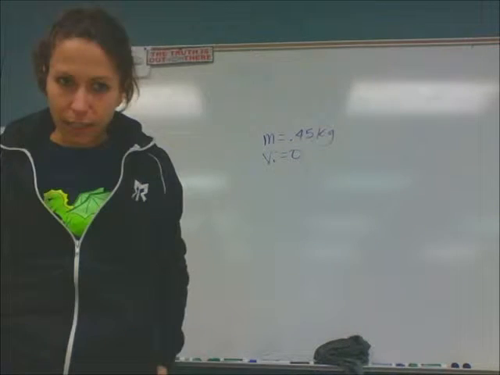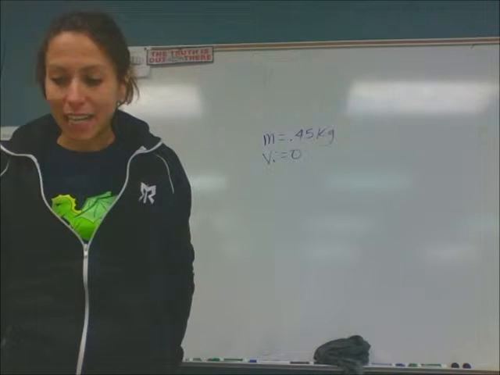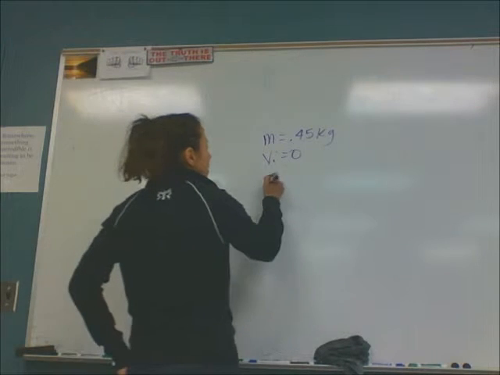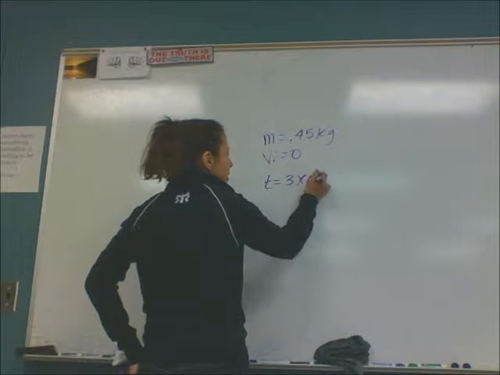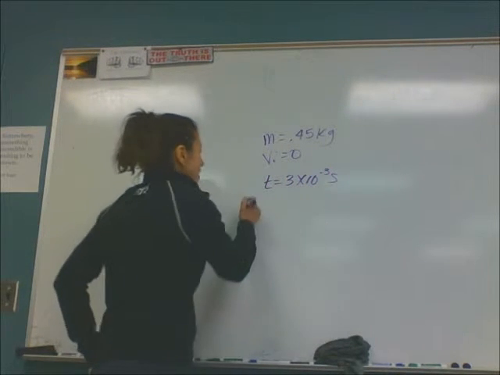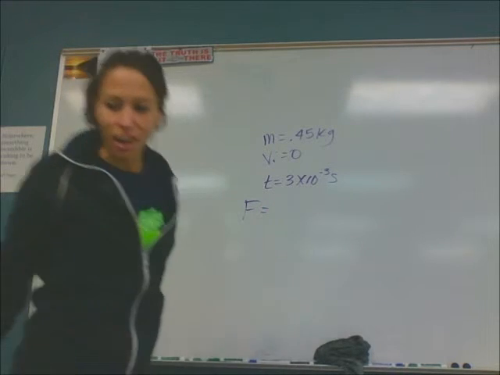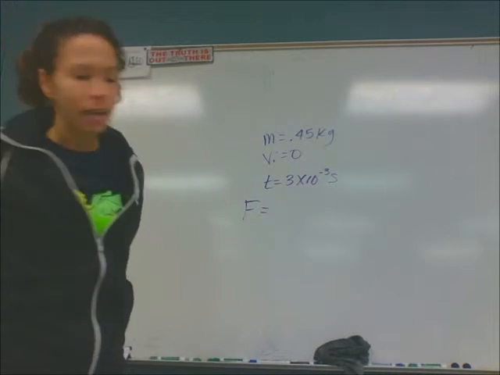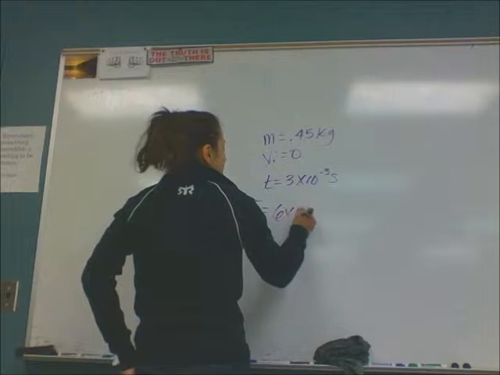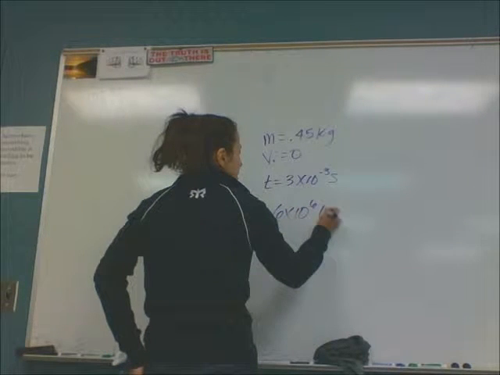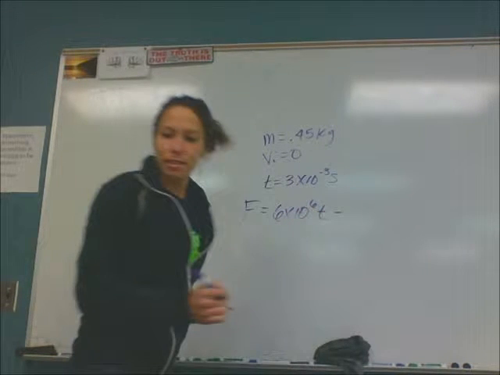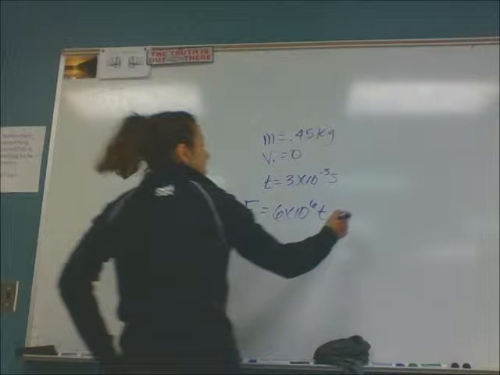And they give you a force function of time. So the force is 6 times 10 to the 6 t minus 2 times 10 to the 9 t squared. The first thing you should think is this is not a constant force, so whatever I'm going to do is probably going to use calculus. Hopefully that's the first thing you think. That's the first thing I think. And it says find the magnitude of the impulse on the ball due to the kick.